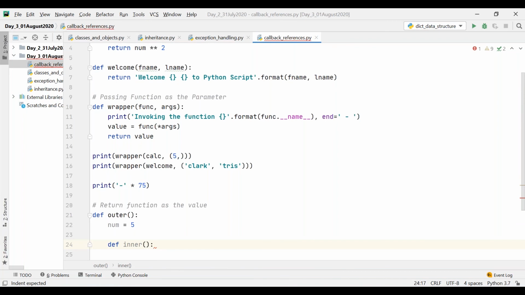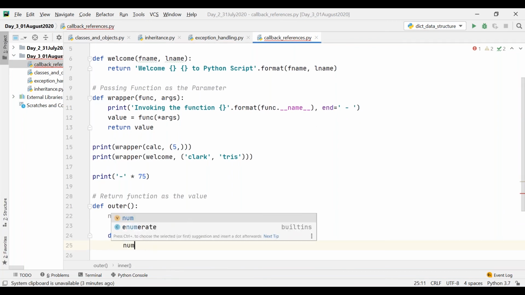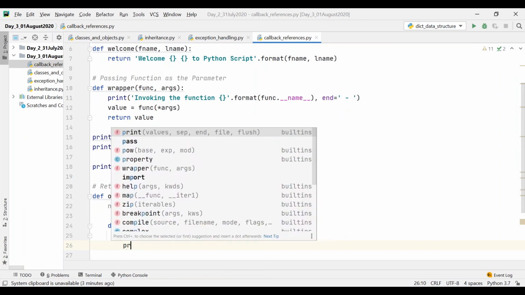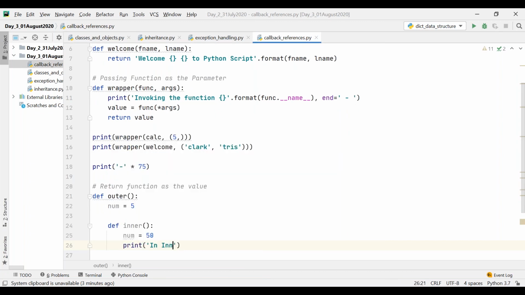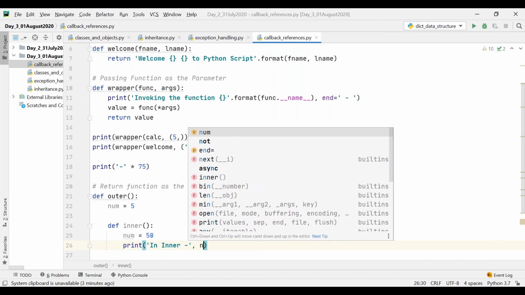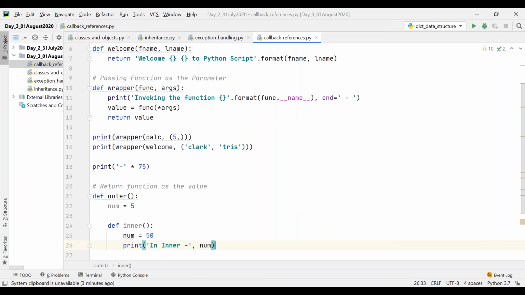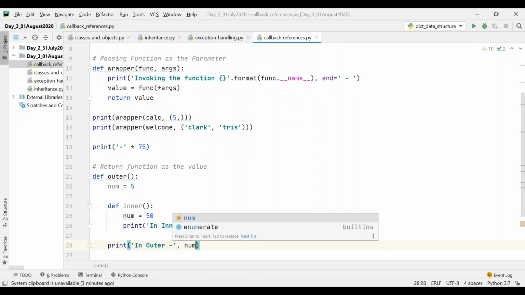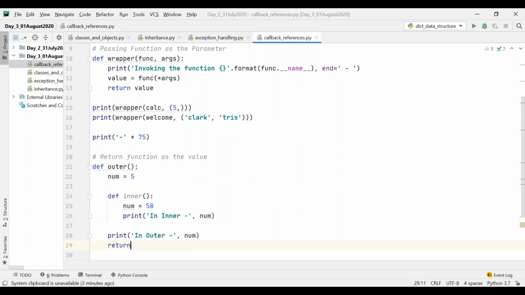In this I am just saying num is equal to 50, and then I'm saying print in inner num value. And over here I'm saying print in outer. In outer I'm printing the num value as 5, and then let me say just return empty, or return 1 like that.